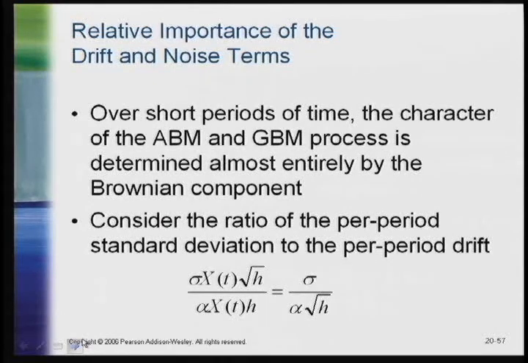In an earlier module, we talked a little bit about the relative importance of the drift and the volatility term, or the drift and the noise term. It's very common to call the dz term the noise term because it produces the variability, and sometimes Brownian motion is referred to as white noise, a perfectly random sequence. Over short periods of time, I mentioned before that the noise term, the volatility term, dominates. And that's because if we look at the ratio of, in the numerator, the standard deviation divided by the drift,